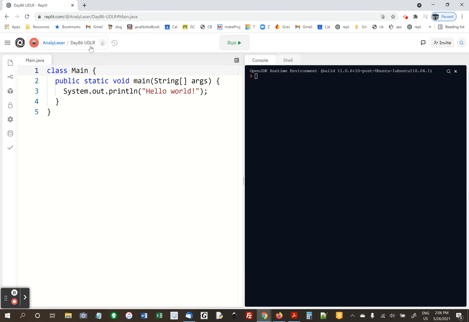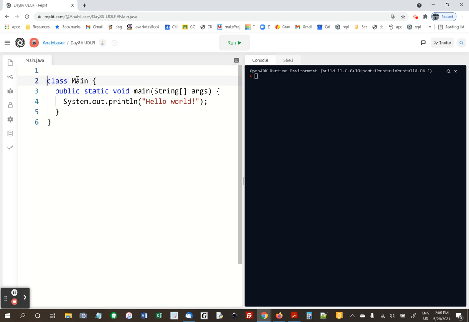All right, I'm going to do day 86 UDLR, which may seem scary, but basically we're asking the user for a series of letters that are just U, D, L, or R. U stands for up, D down, L left, R right, and we're going to move a point around on the XY plane using those codes, and then we're going to figure out if it ended up on 0, 0 or someplace else. So first, at the top, import